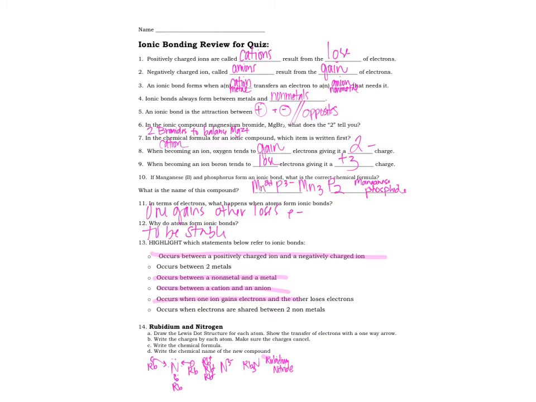If it's a positively charged ion, it's positive because it has lost negative electrons. The number of protons is now greater than the number of electrons. Remember, the number of protons cannot change. Ions are formed because electrons are either gained or lost. So in the second one, when they become negatively charged, that means the number of electrons is now greater than